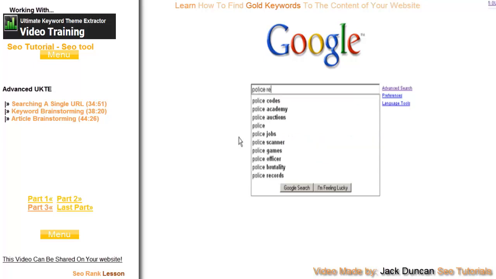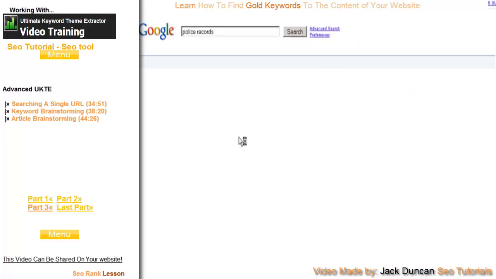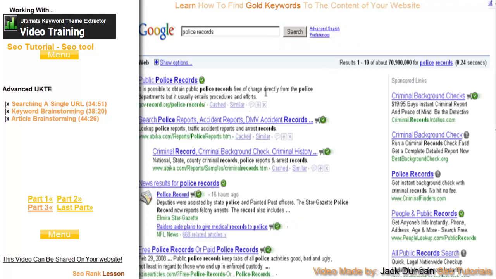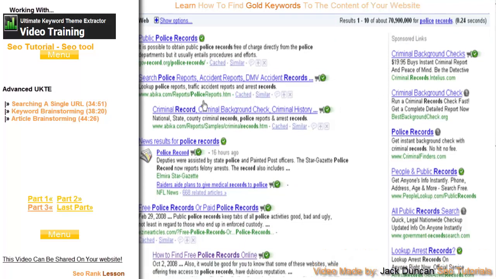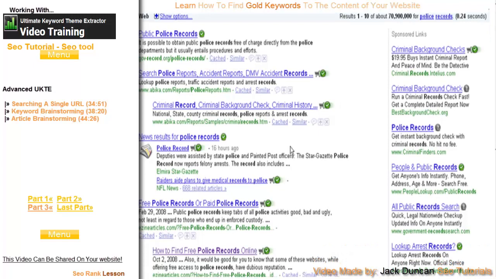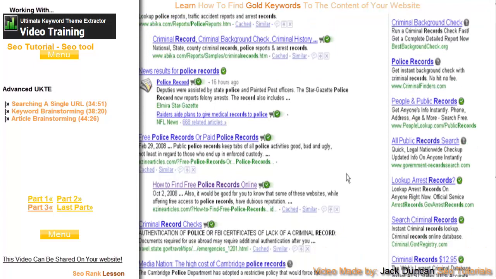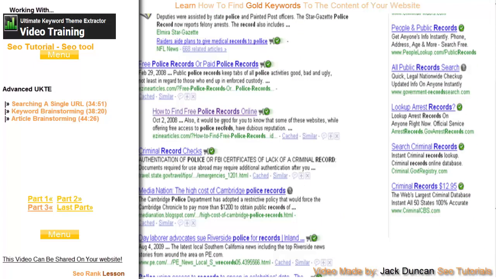Let's say you've done a search on a term you'd like to rank for, and you notice in the results that there's a specific page that you'd like to analyze. Just one page. Maybe you don't want to look at all 10 results. Maybe you just want to look at a specific page. And in this case, I've already set this up so I can show you. Let's take this easy article right here: How to find free police records online. I'm going to click that,